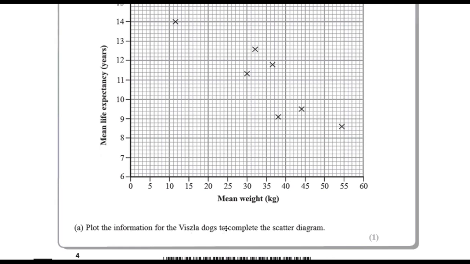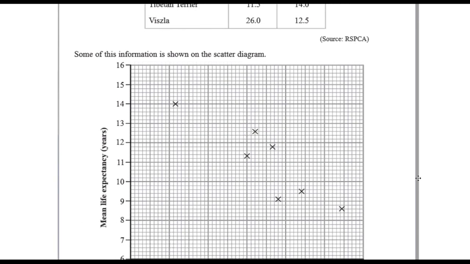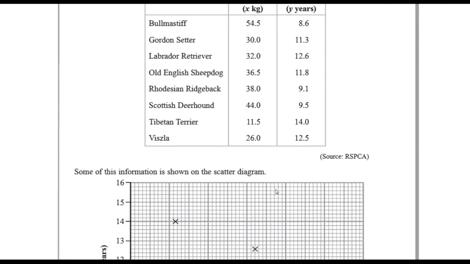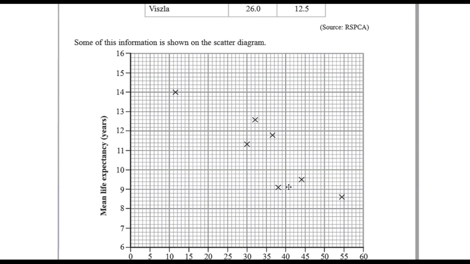Plot the information for Vizsla, that's how you say it, Vizsla dogs, to complete the scatter diagram. So that implies that every other dog, all of these guys, have been put onto the scatter graph apart from the Vizsla dog, who's got a mean weight of 26 and a life expectancy of 12.5. So we are going to have to put this data on ourselves. We're going to look for 26 on the x-axis, because remember it's x and y, and there is a label to remind you that it's